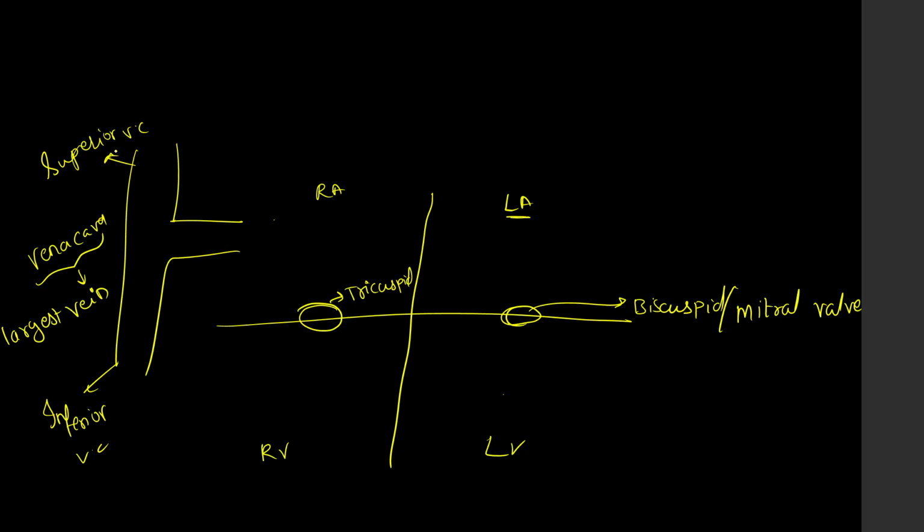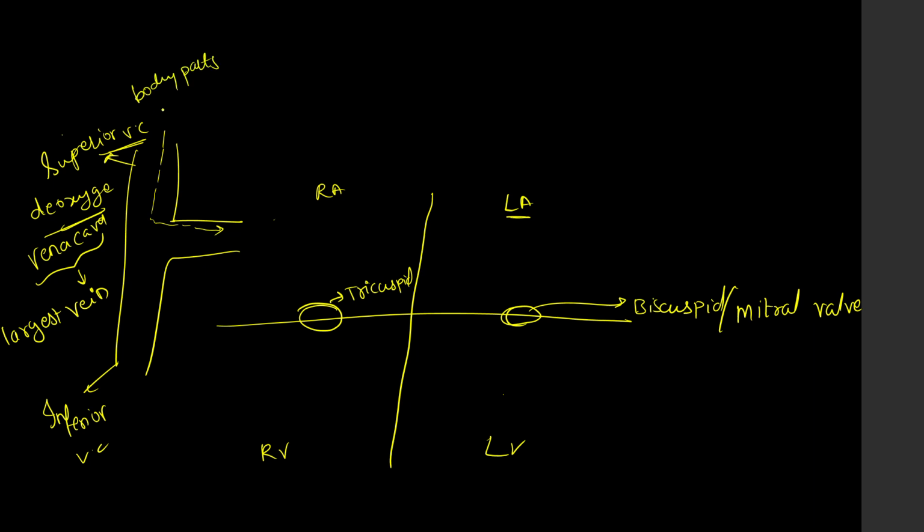So now this is the superior vena cava. The major function of a vena cava is to carry deoxygenated blood to the heart. Deoxygenated blood to the heart. But what is the function of the superior vena cava? There is no difference, but one difference between a superior and an inferior vena cava is that the superior vena cava carries deoxygenated blood to the heart from the body parts